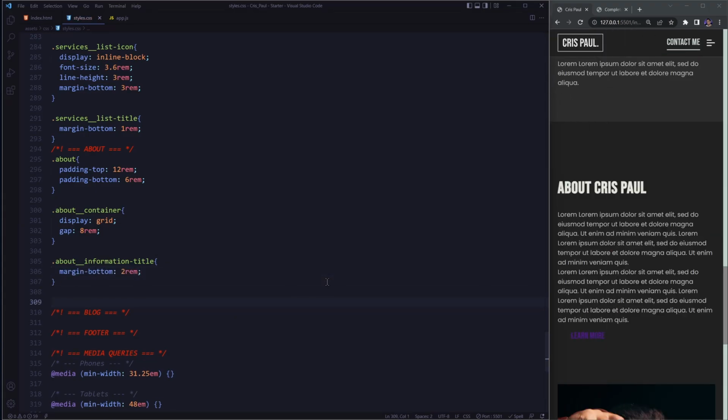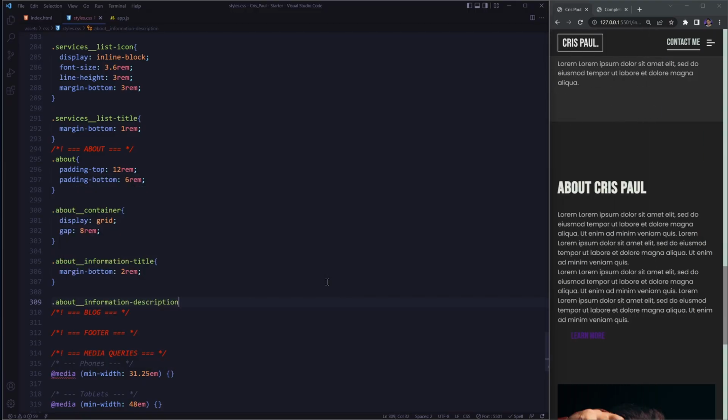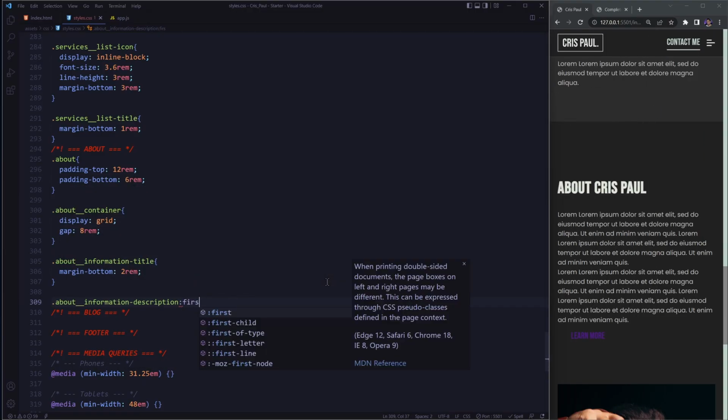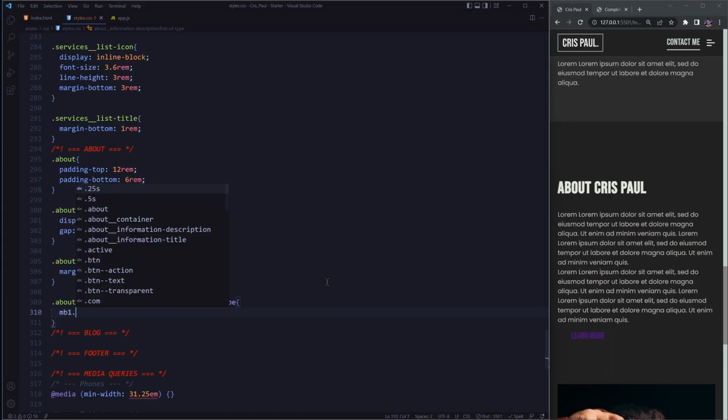Now I'm going to select the first of type for the about information description. Information description, first of type. And what I want to do here is add a margin bottom that is going to be 1.5 rem,